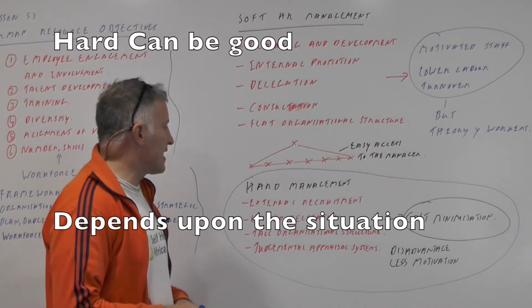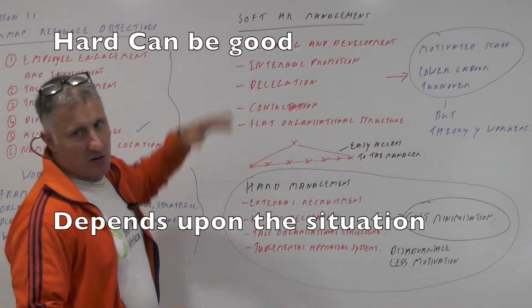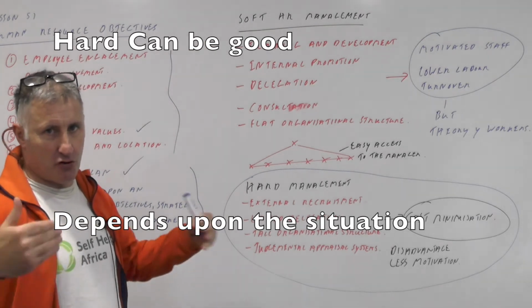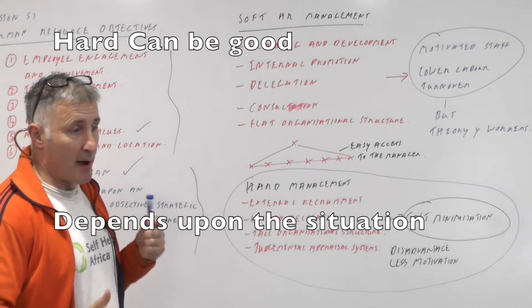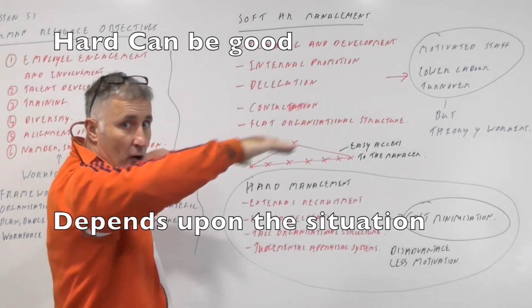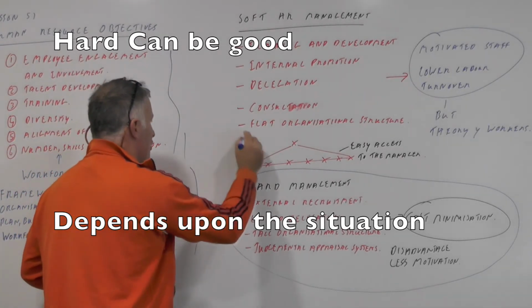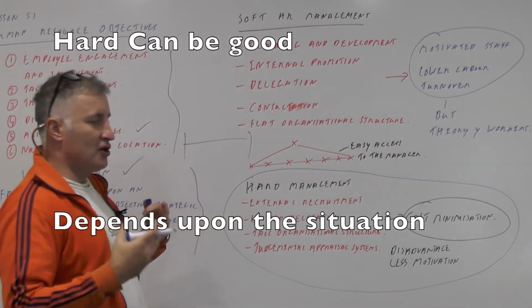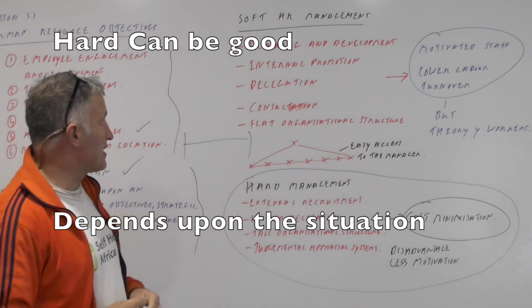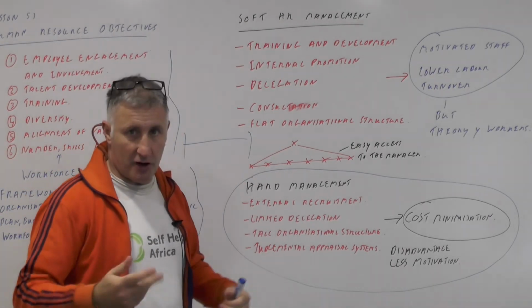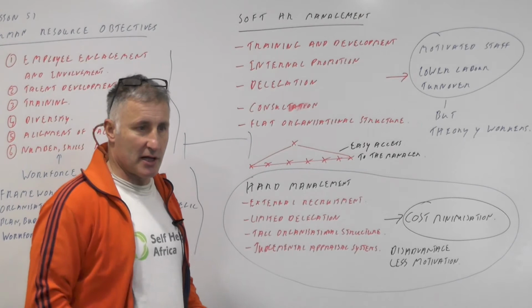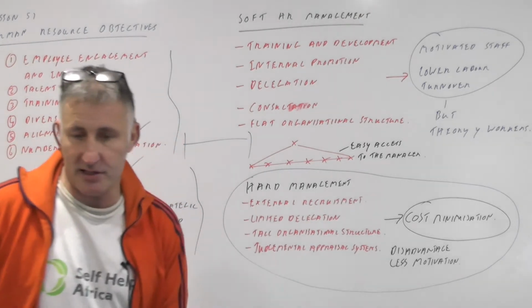So what I'm trying to say here is, everyone always thinks soft management is the best way, and it is for the creative sort of industries, but sometimes there's also a place for hard management too. Or maybe sometimes there is a continuum, so you might have soft over here and hard over here, and you want to get people in the right sort of places. Okay, so that's human resource objectives, soft and hard management. I'm now going to do internal and external influences, and that's lesson 51 done.